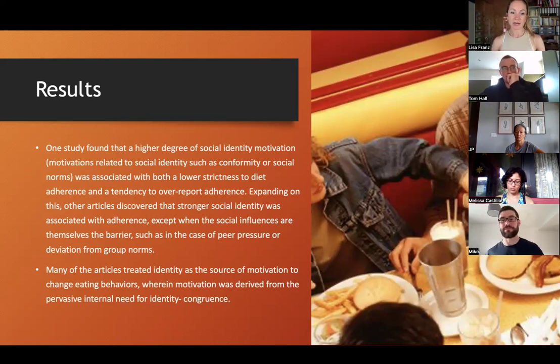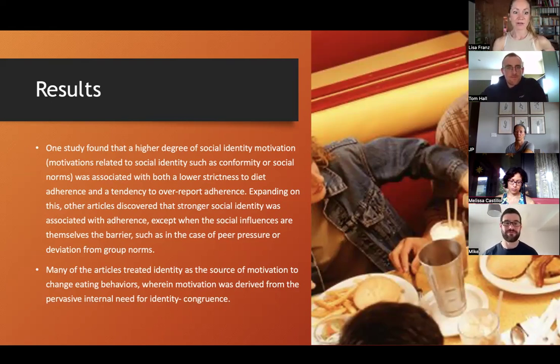essentially. So let's just say you want to adhere to a healthy diet, but your group or most of the people in your circle eat unhealthily. So obviously, in that case, it's going to be harder for you to adhere. Whereas if you're in a group where everybody else is eating quite well, it's going to be super easy. So, I mean, it's logical, but it's stated in a really difficult way, in my opinion. Or it sounds more difficult than it needs to be, I think. At least that's how I understood it.